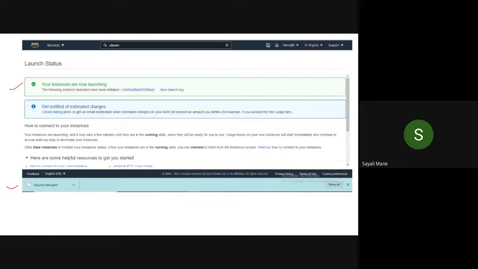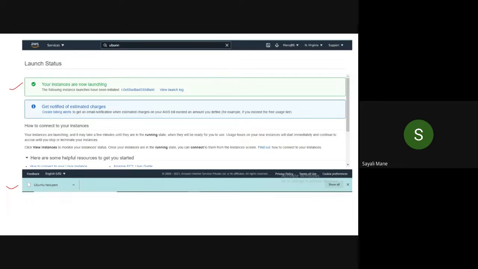No, don't take a screenshot. We'll take a screenshot whenever you write the command. At that time we'll take a screenshot. I'll provide you this screenshot so you can attach it in your experiments.